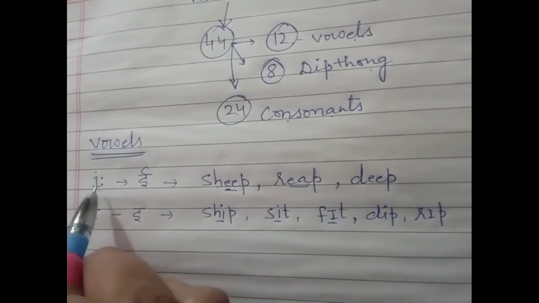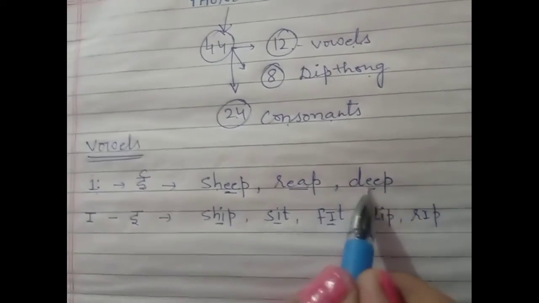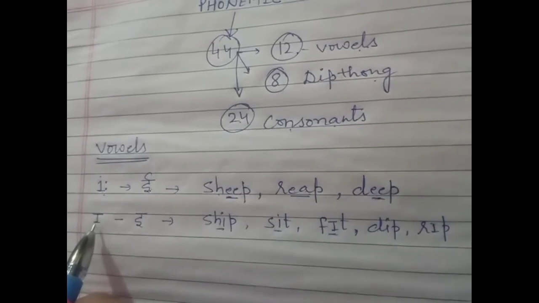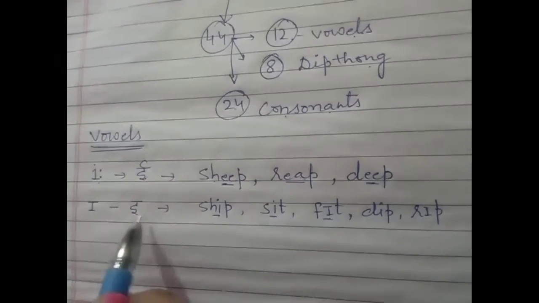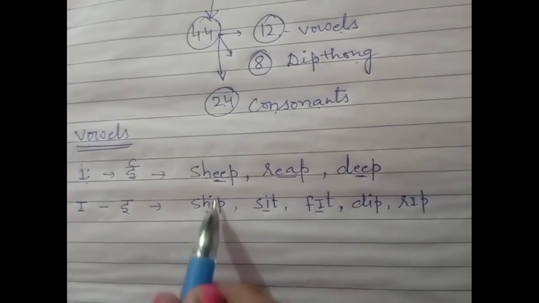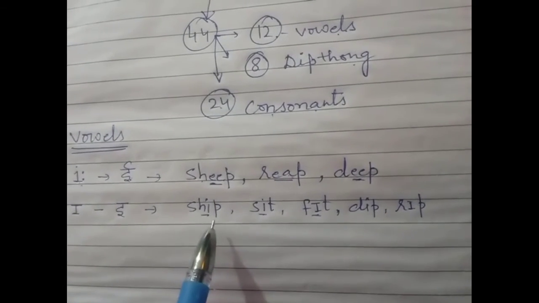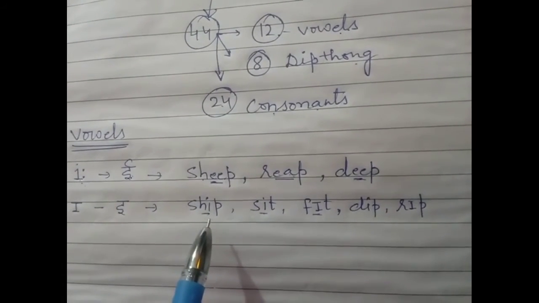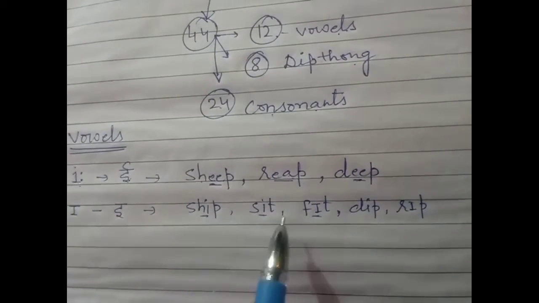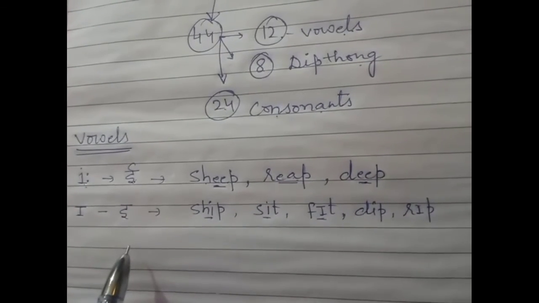First one, long sound, badi e in Hindi and the spelling in English. And the second one, choti i in Hindi, and in spellings, the vowel I whenever it is given in the spellings, you pronounce it in a short sound. Don't take it as a long sound. Is it clear? Ship, sit, fit, dip and rip. And the next one,